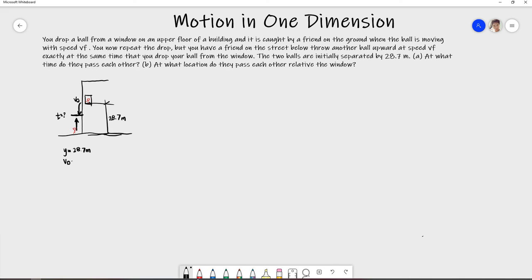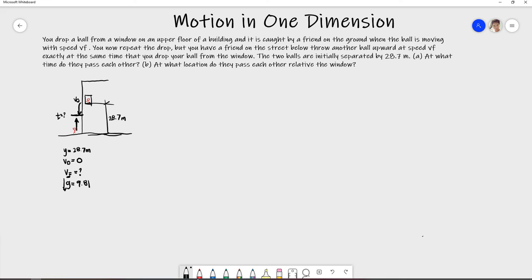Reaching the ground, the stone reaches a certain velocity which we do not know, and this velocity will be the initial velocity when the other person throws the stone upward. We know the acceleration is due to gravity, and since the motion is downward, we'll be using